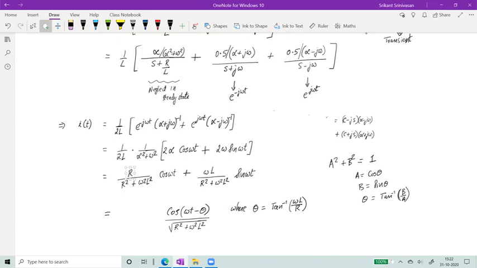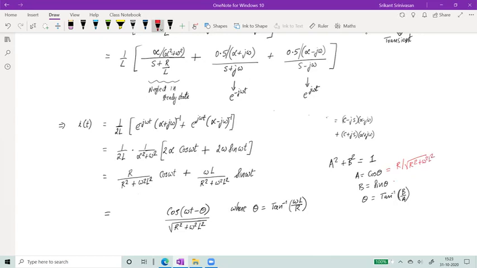And you would actually have to take root of r square plus omega square L square outside as a common factor, and you would be left with two terms, r by root of r square plus omega square L square and omega L by the same. So I think you know this basic algebra, and therefore you could have represented this as some cos theta, not the entire term. Let me make it clearer. So I could have written a, which is cos theta over here, is equal to r by root of r square plus omega square L square.